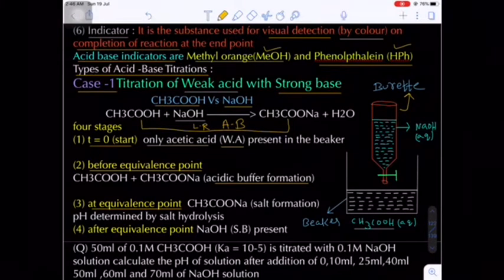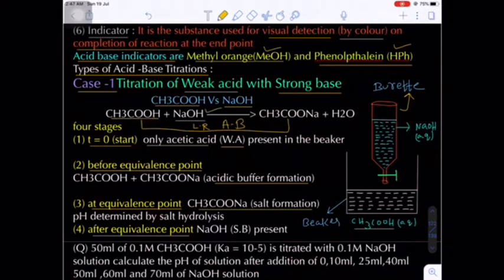Now this is a very important point, the equivalence point. At the equivalence point, what happens? The number of equivalents of acetic acid and NaOH must be equal. Both are limiting reagents, they completely consume each other and form the salt, sodium acetate. So at the equivalence point you will have salt in the beaker. How to find the pH of a salt solution? We know anionic hydrolysis: the acetate ion undergoes hydrolysis, due to which the aqueous solution will be basic and pH will be greater than 7 at room temperature.